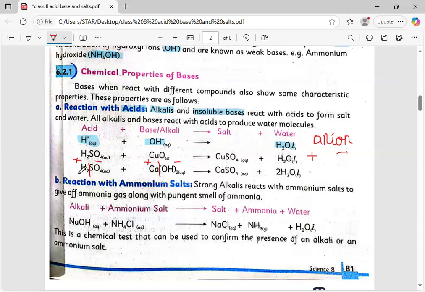charge. So now the two different compounds attract the opposite charges respectively, like that H plus of the acid reacts with the OH of the base, because H plus contains a positive charge and the base has a negative charge on the OH. So the H plus and the OH combine together and form H2O, that is two water molecules. Now the calcium contains a plus 2 charge on it,